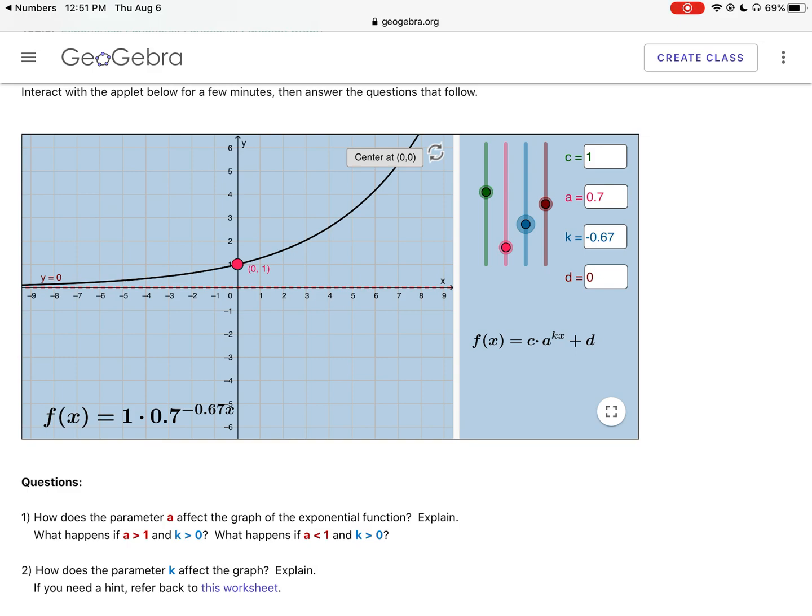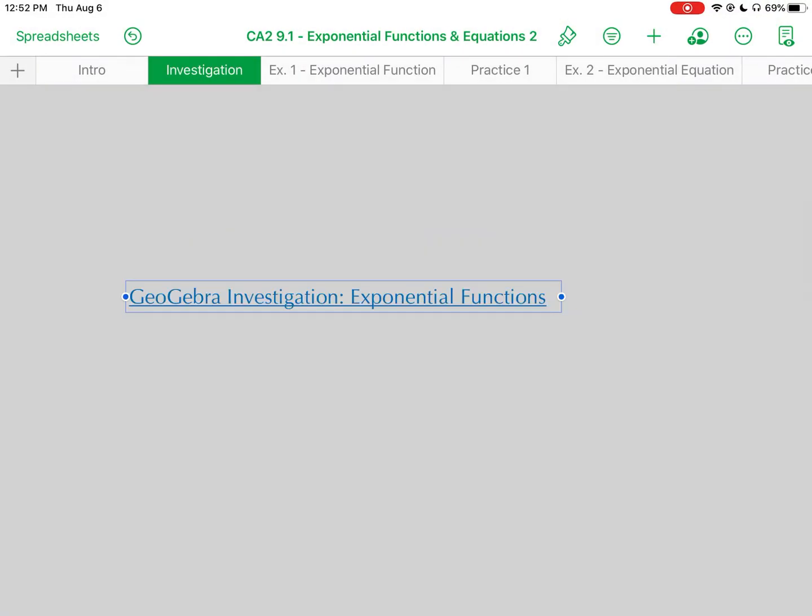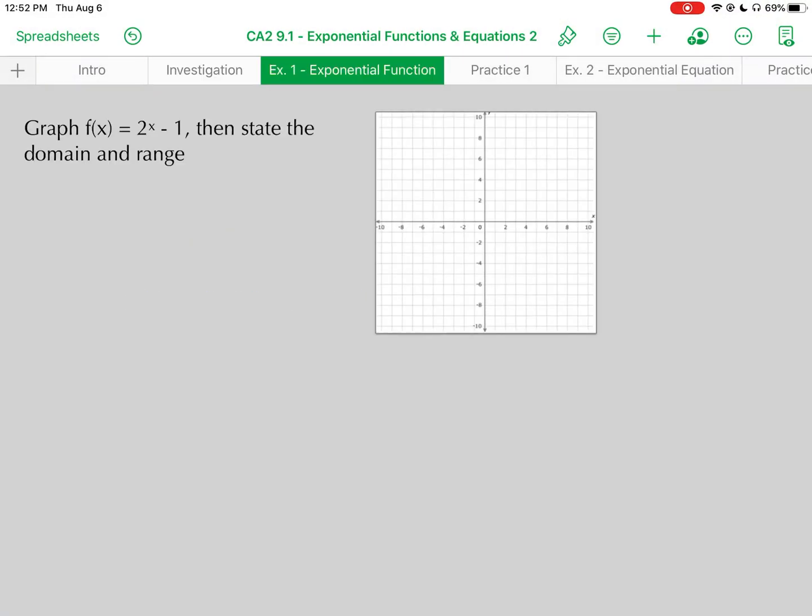That's based on properties of exponents. If you take a number between 0 and 1 and you raise it to a negative power, the result is actually going to be a number larger than 1, and it's going to have this increasing effect on the curve, okay? All right, so let's go back to the notes here,